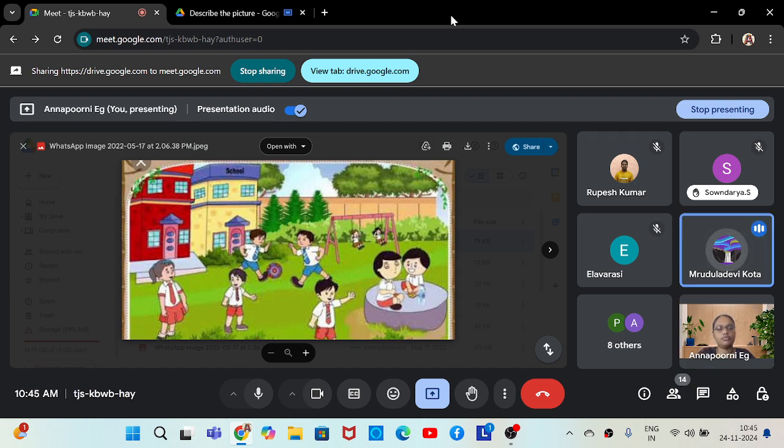Okay. 9 students are playing. It's not "children's," it's "children." 9 children are playing in the ground. Two people in the swing. Two boys sitting on a rock, talking or drinking. And the other two boys are playing soccer. And a girl watching the two boys sitting on the rock.